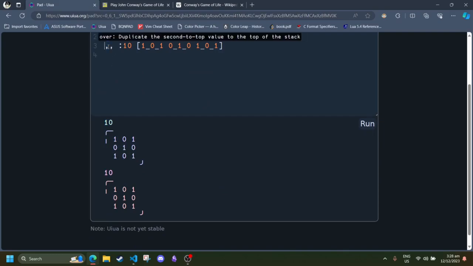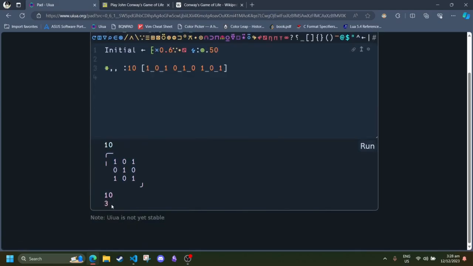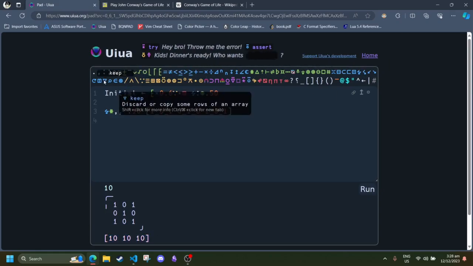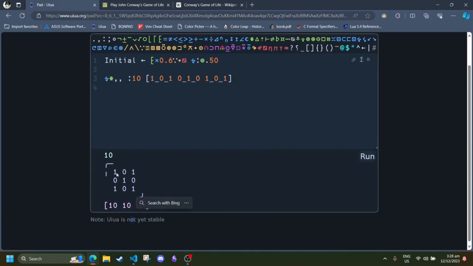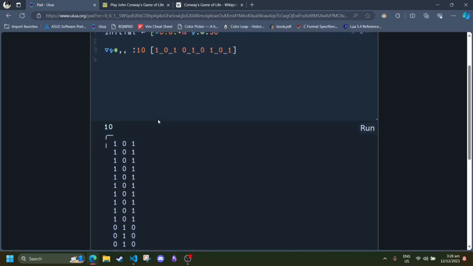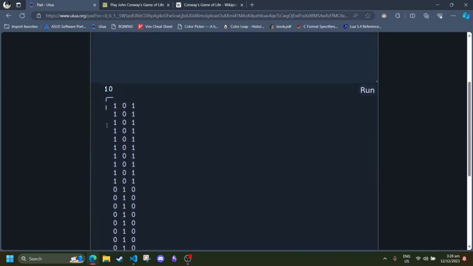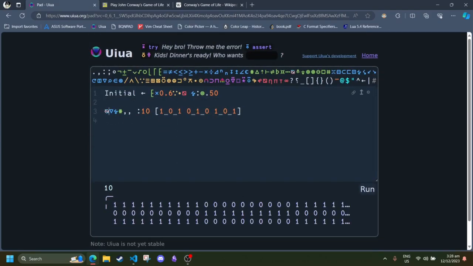So if we get the length, or how many rows this has, we can get 3. Then if we turn this 10 into 3 of those shape, we get 10, and then we do a keep on 10 10. So that would make it so that every row here will be duplicated 10 times. If we do keep, now we have 10 of every row, 10 of that, 10 of that. Then if we do a transpose, this should give us our original array,